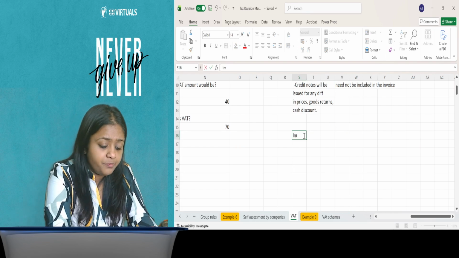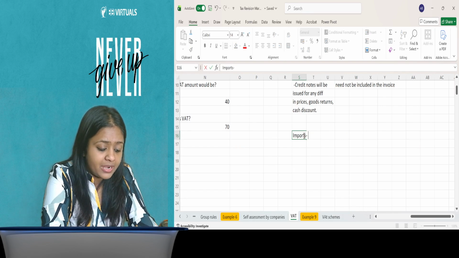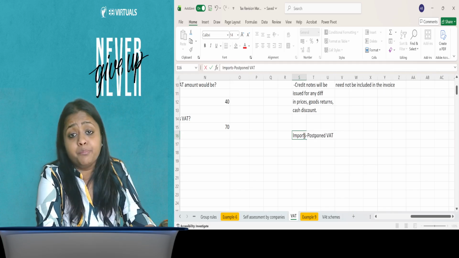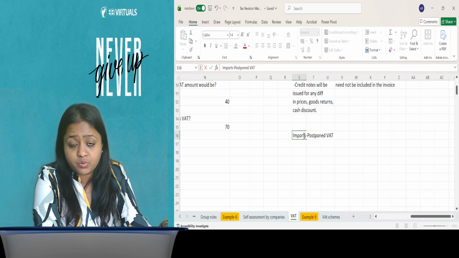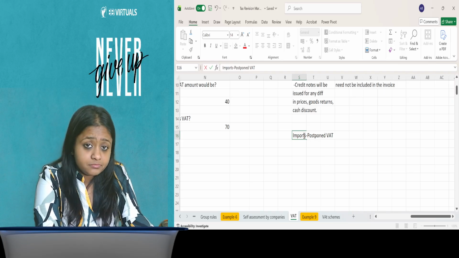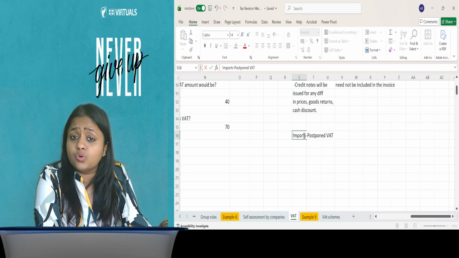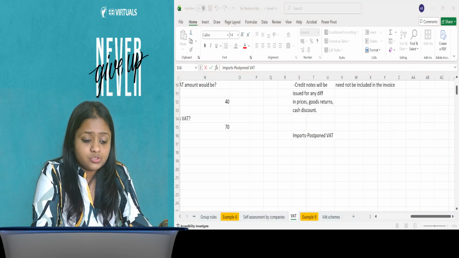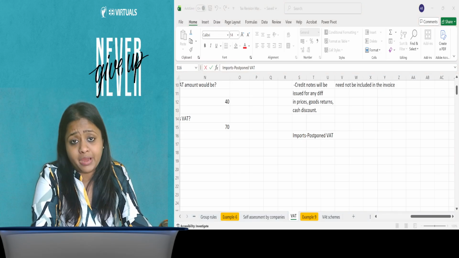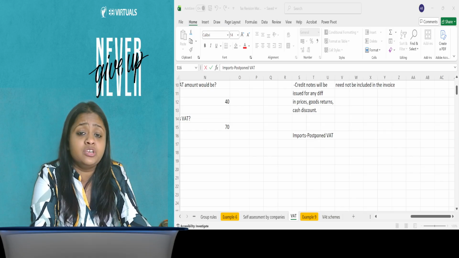So in case of imports, we will have postponed VAT accounting. What is postponed VAT accounting? It simply means while we import the goods at the port and we pay customs duty, no need to pay import duty on the VAT amount, because the person who sold is not in the country. He's not subject to UK taxes. So in order to claim input VAT, when you make the payment, we need to show output VAT